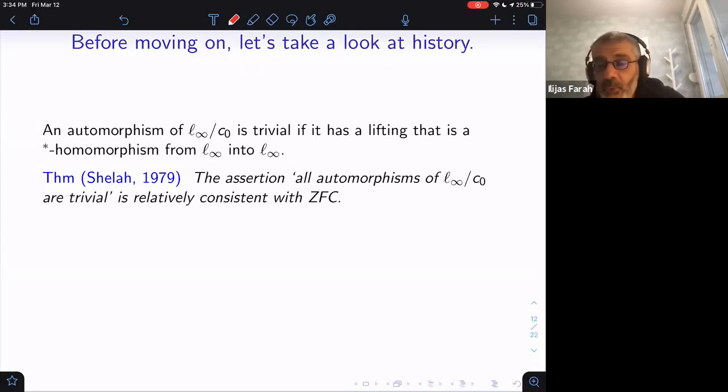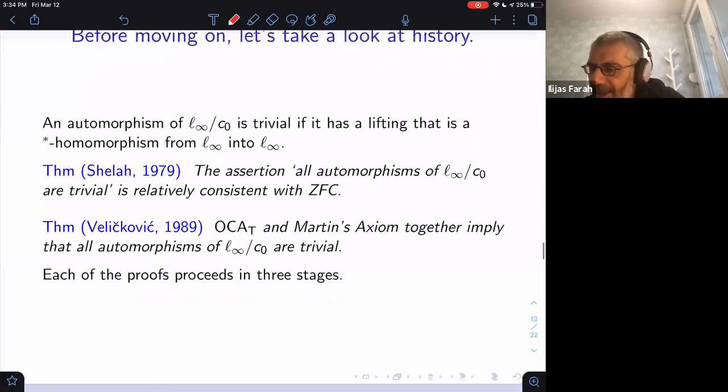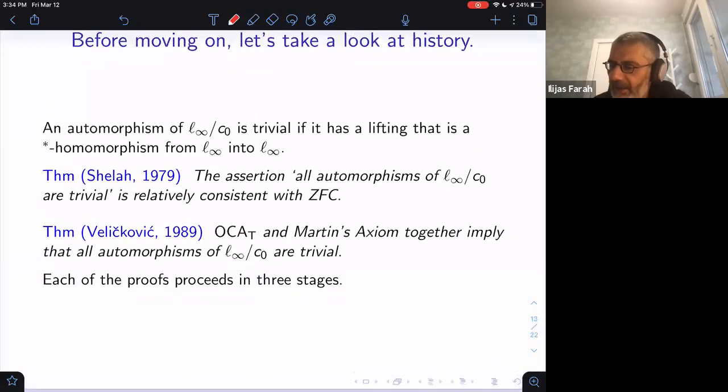Now, Shelah's proof is an application of something called the oracle chain condition. It's a very intricate forcing iteration. We are not doing anything like that. So really much more closely related to what we are doing is a theorem of Velickovic, which was proved some 10 years after Shelah, which says that the same axiom that we are using